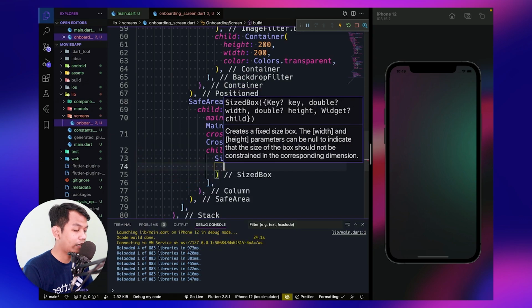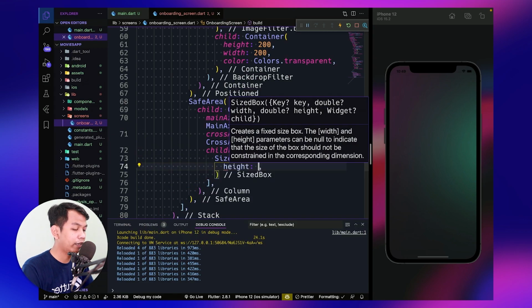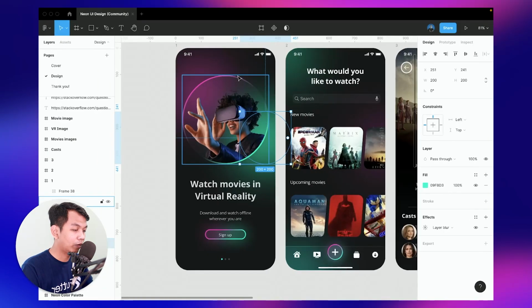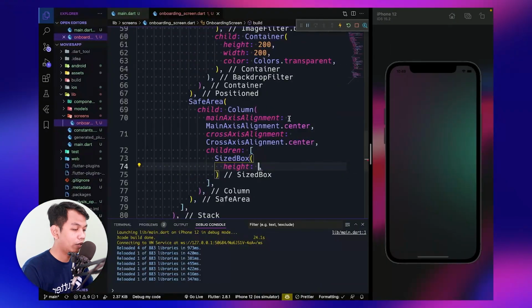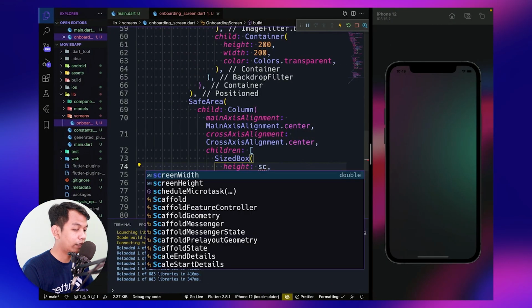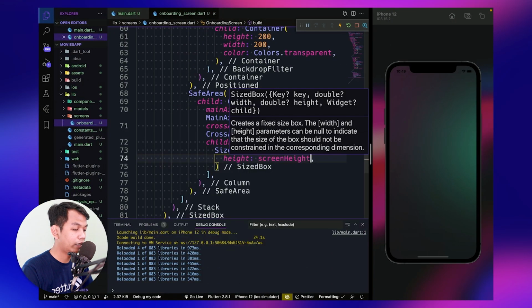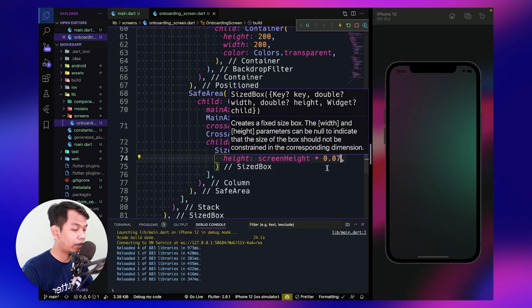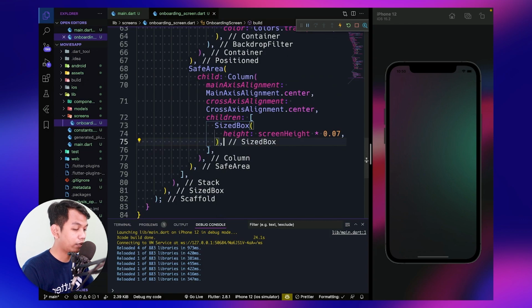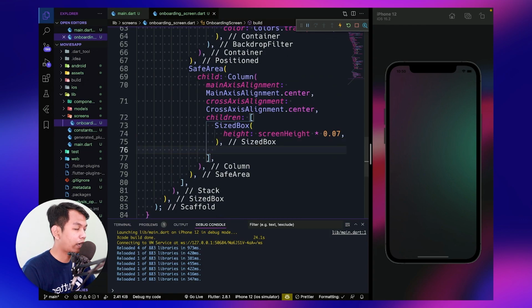So for this, we need to give a distance from our top, so let's say screen height times 0.07, which is about 7% of our entire screen height.